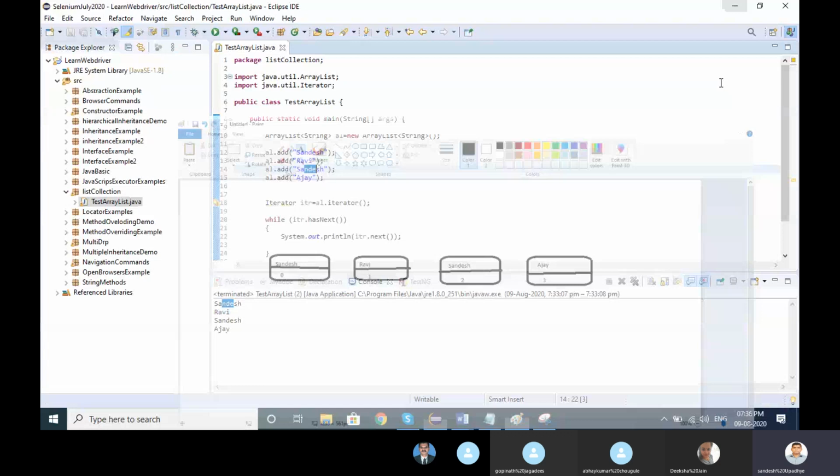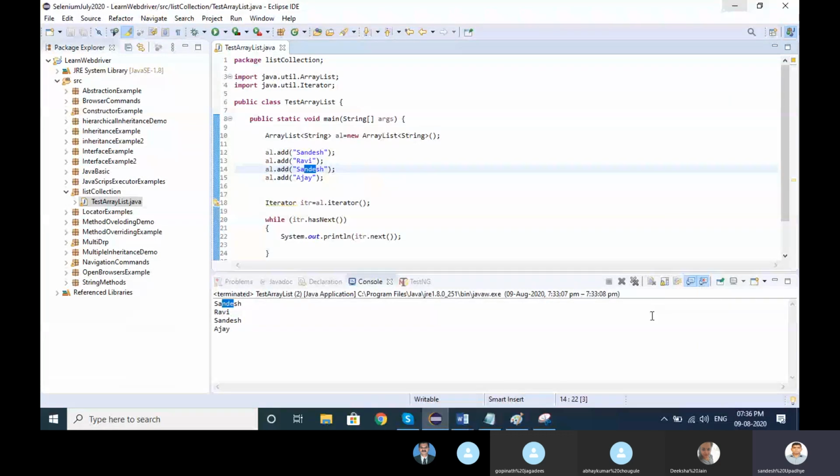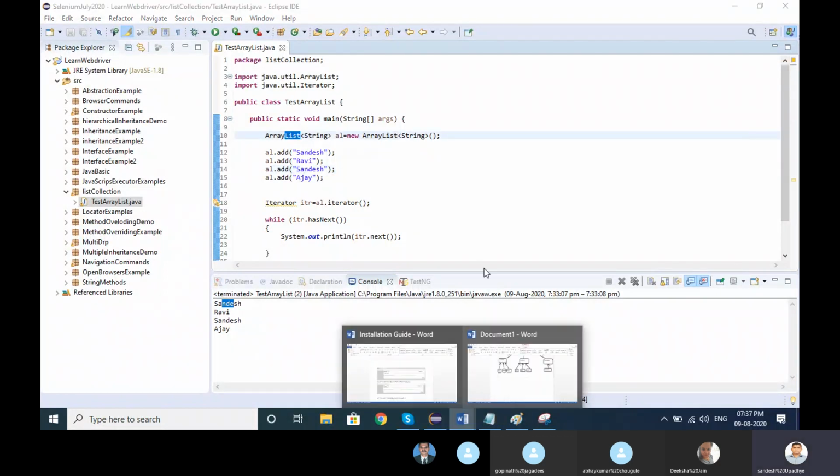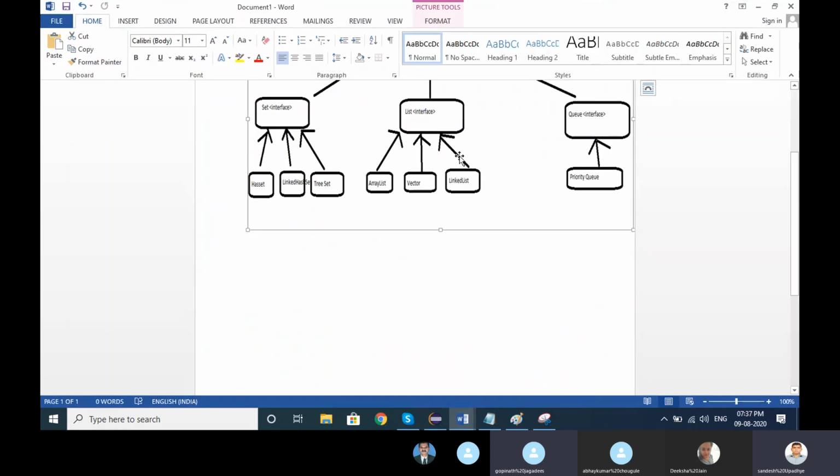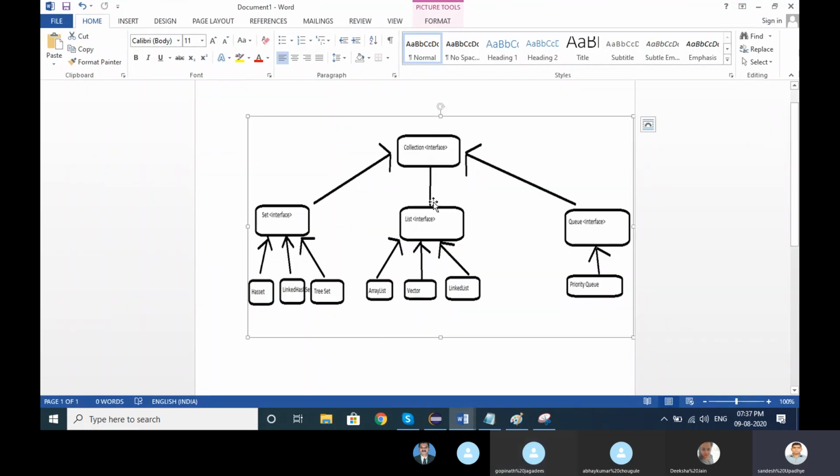Okay, so three thumb rules I told you. When we use the array list class, it's defined from which interface? Can someone tell me, array list is which interface? List, right? Let's go back to the diagram. Collection, list, and we are seeing one array list implementation. Array list is a class, list is the interface.